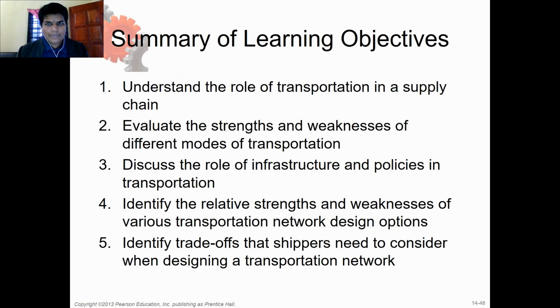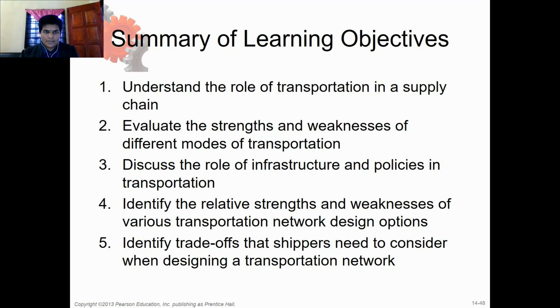Okay, summary of learning objectives. Okay, we are at the end of this chapter. I assume that you will have difficulty understanding the calculation part. So practice makes you perfect. So I hope that the given exercises on this chapter will help guide you to understand more on this chapter. Okay, please do all the exercises and send me your answers so we can have a further discussion on